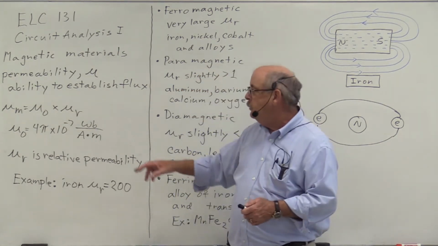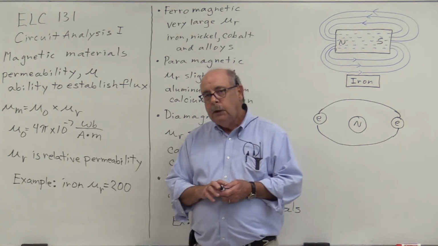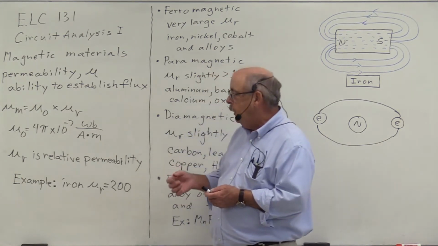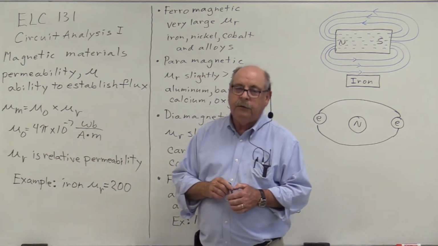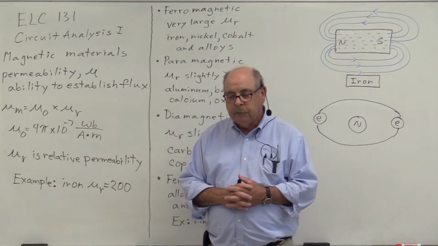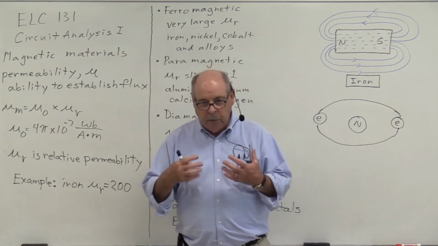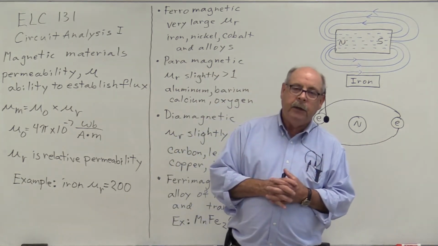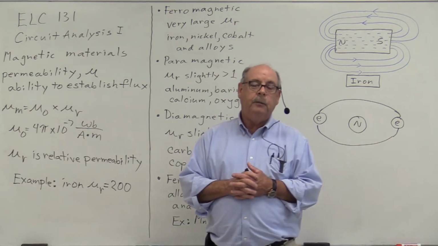And this mu sub r depends upon the material. Now, the permeability of free space is 4 pi times 10 to the negative 7 Webers per ampere meter. And again, this is just a constant to quantify the ability for flux to be established in a vacuum or